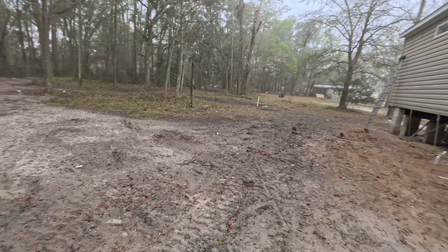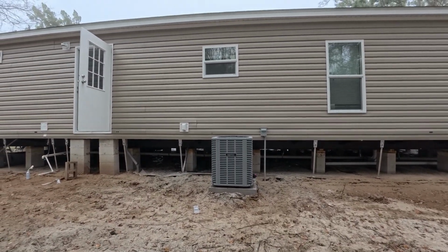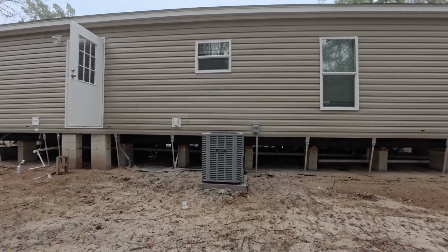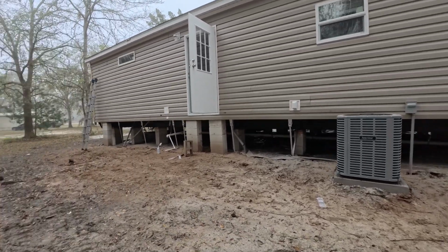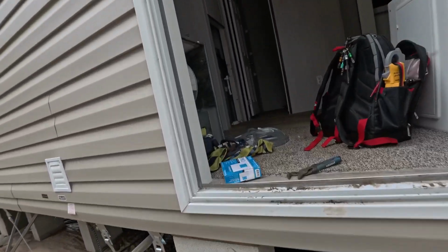All right, fellas, here we are back at one of those ones that I was talking about with the mobile home. We put Ameristar in this one. I think I'm going to go with the Grand Air next time because the air handler is a little bit smaller, basically about 3 inches smaller, and will work. But this is what we came up with, and this is kind of crazy because